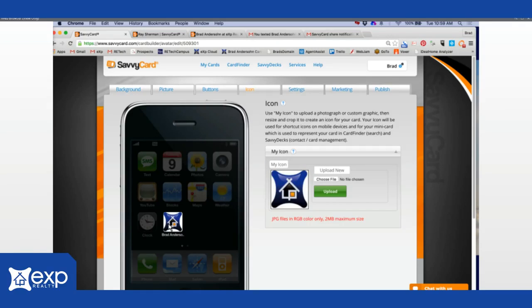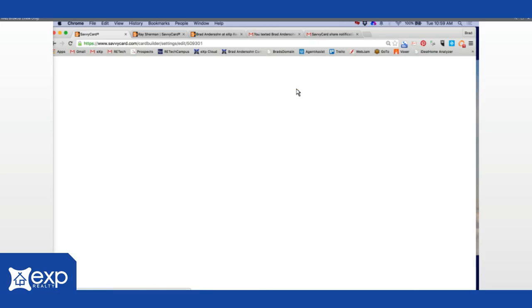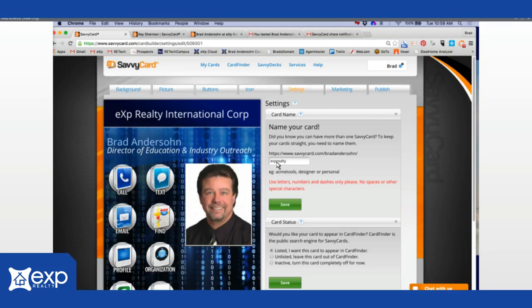Now, I know you're all waiting for the big drum roll moment of how do I get clients to put this on their phone or get this app that we've just created. And remember, we're at the 30-minute mark now, and we've already created the app. It's ready to go. Let's look at the settings real quick. The settings page is the name of the card. So right now, my URL is